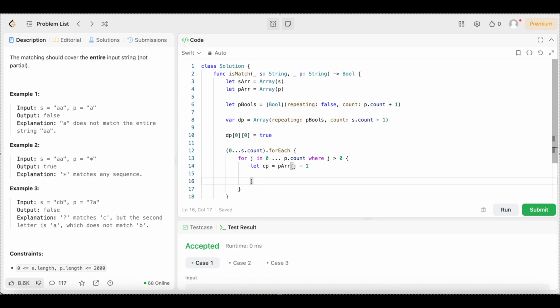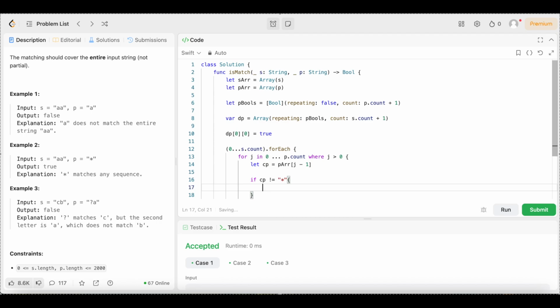We're going to come underneath that and say if cp does not equal, in quotation marks, an asterisk, or a star, we're going to open up the bracket. So if the current pattern character is not a star, we're going to check if the previous characters match and current characters match, or the current pattern character is a question mark. So we're going to say dp[$0][j] equals